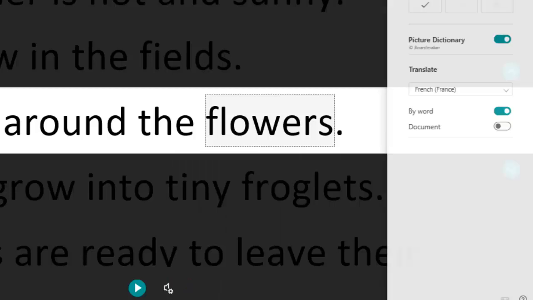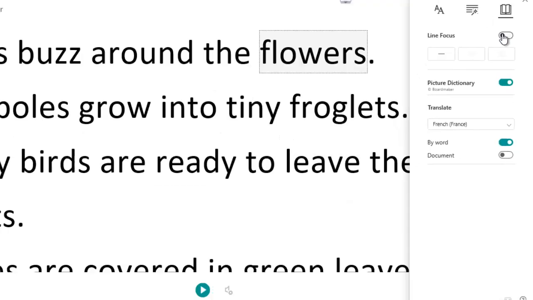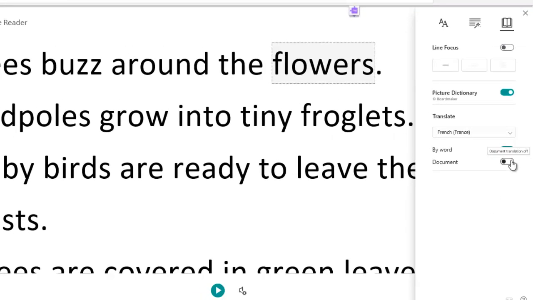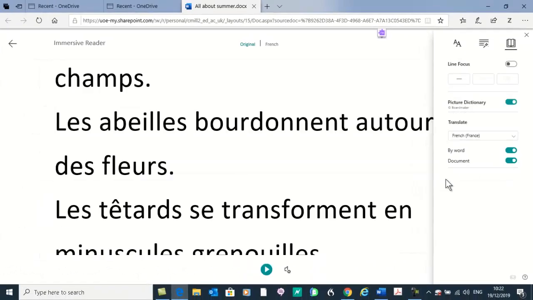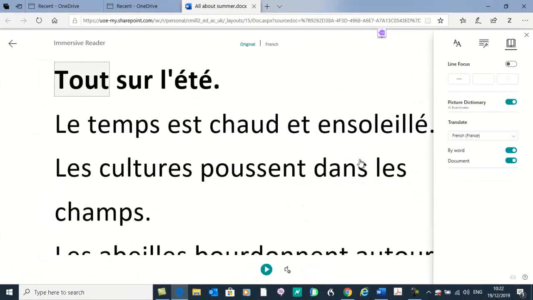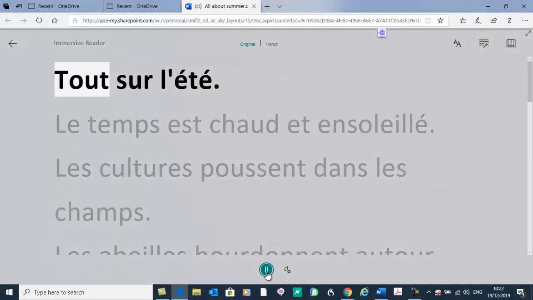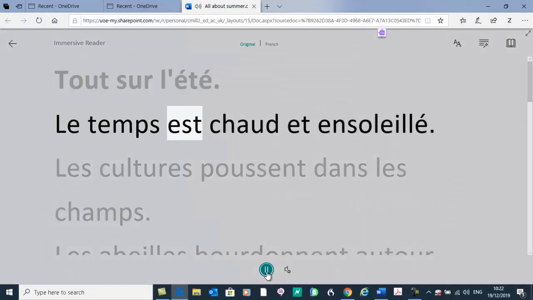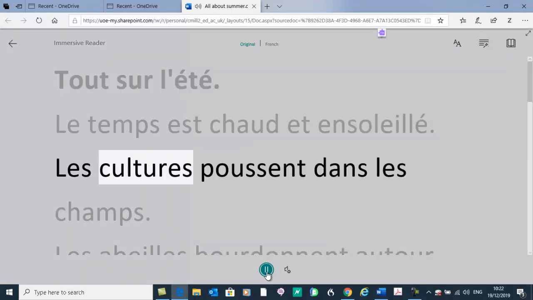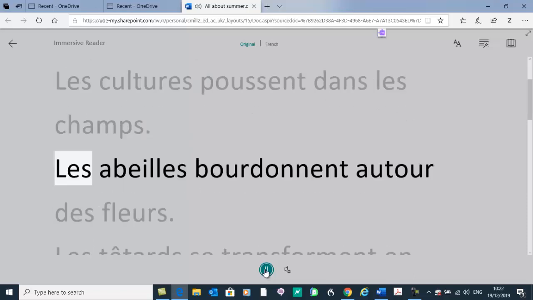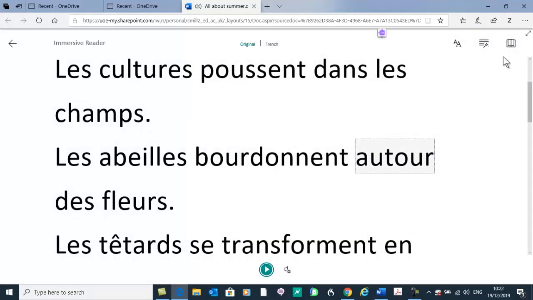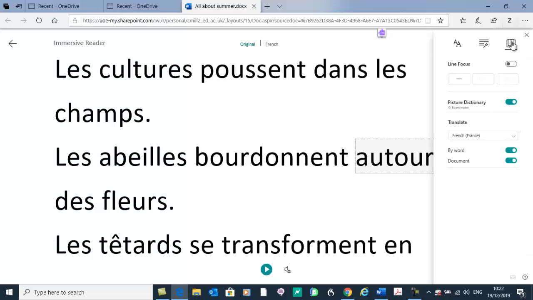Or equally, we could take line focus off and click by document, and then what that will do is translate the whole document, and also as we have it read. Le temps est chaud et ensoleillé. Les cultures poussent dans les champs. Les abeilles bourdonnent. I'll read that as well. So there are some really useful tools that might come in handy for some of your